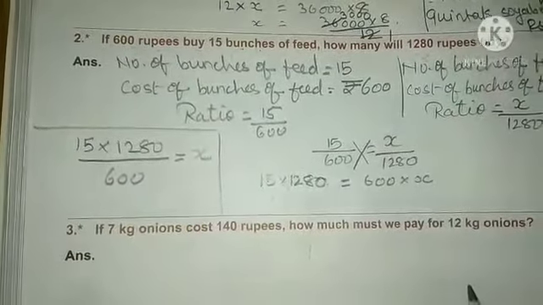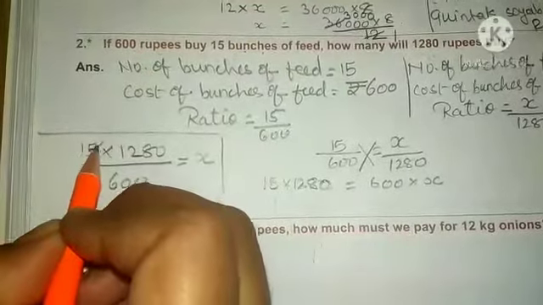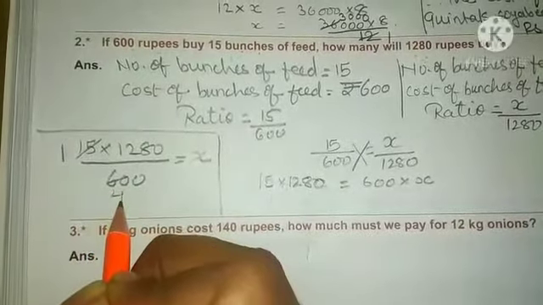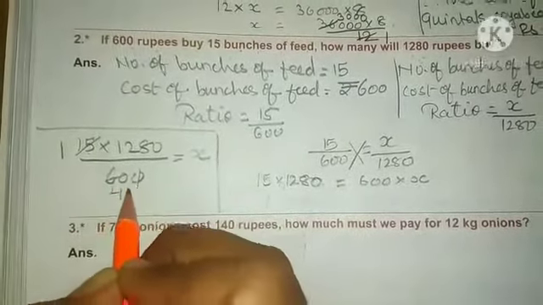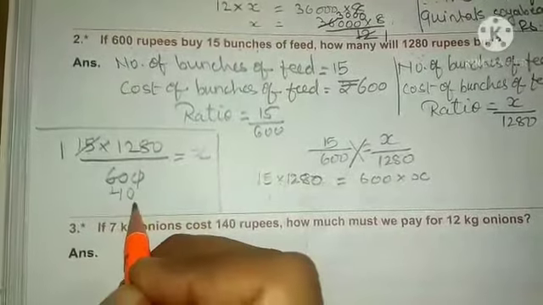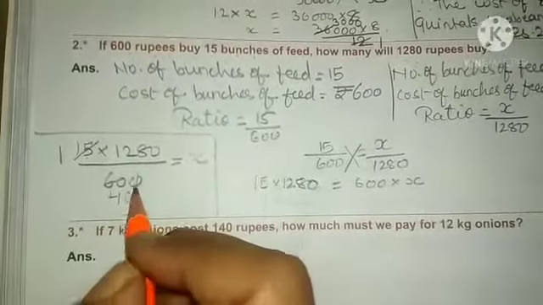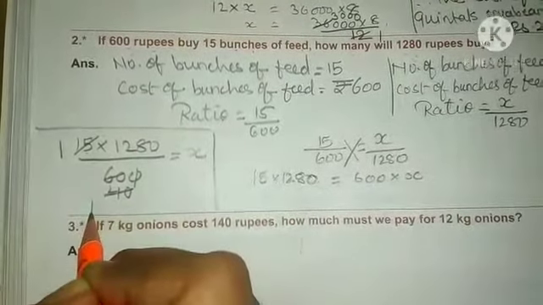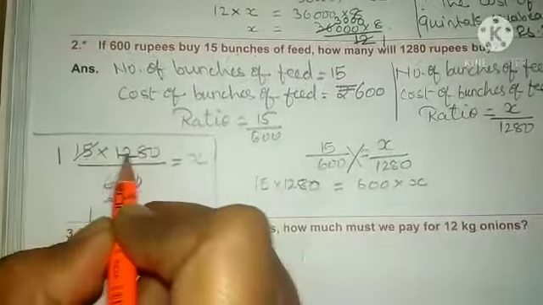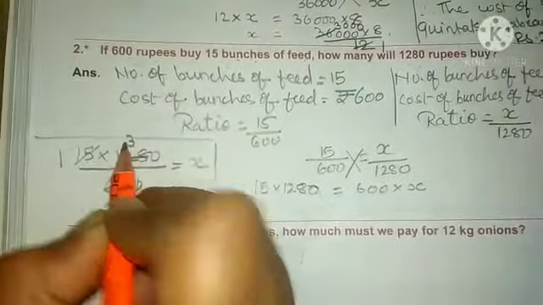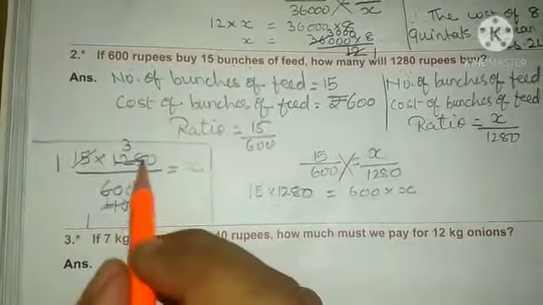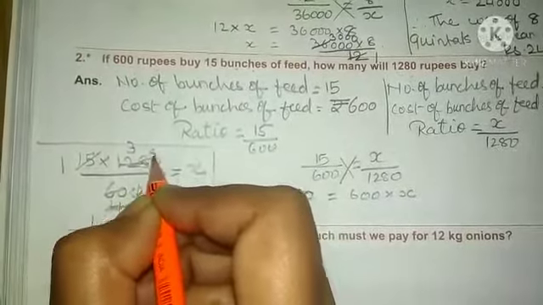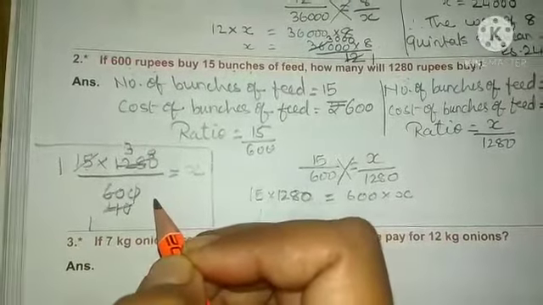Clear? Now how you will do the calculation over here? See how you will do the calculation. 15 ones will be 15. Clear? 15 fours you will get, that is 60. And 15 zeros will be 0. So here we had got that is 40. Now we have to divide 40 and 1280. So how you will do? 40 ones will be 40. Clear? 40 threes you will get, that is 120. So 128 minus 120 you will get 8. So that 8 we have to carry with 0. It will become 80. Clear?